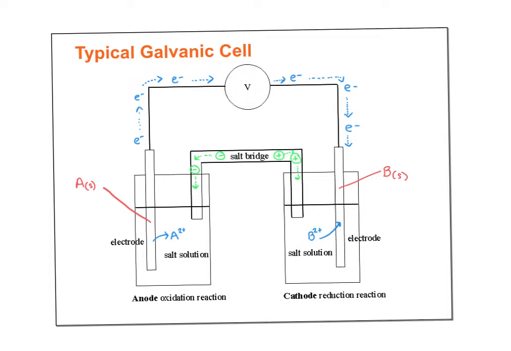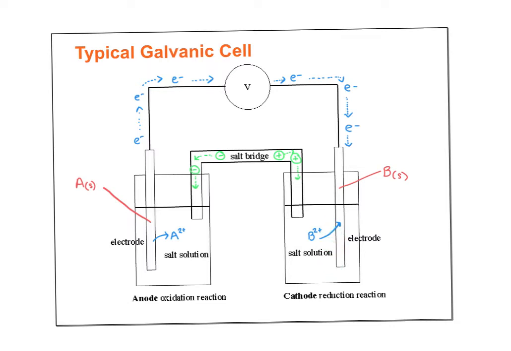measure the voltage. And so the 2 electrons that left are going to travel along the wire, and they're going to go into the other cell, and they're going to go through this metal B. And what happens in this solution? Well, we have B2+ that's floating around in here, and it's going to be attracted to those negative electrons. And so what happens to B2+ when it gains 2 electrons? It becomes solid B. So we're actually going to get more B, solid B sticking to the side of